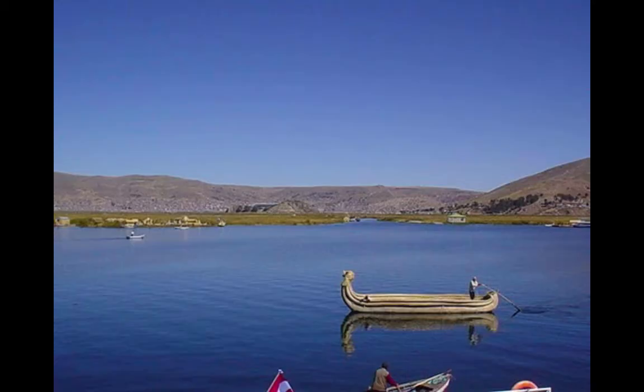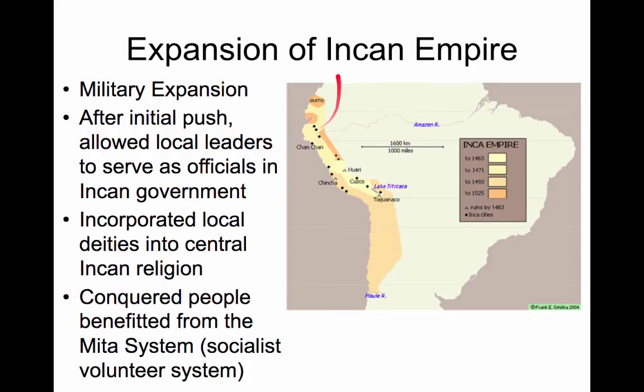So one of my favorite stories, just to tell you quickly, about when the Inca began to first expand, is the story of the Uros people. So the Uros people, if I go back to this map, lived on this huge lake in the Andes Mountains called Lake Titicaca. There are islands on the lake, but they lived right on the edge of the lake. And when the Inca came for them, this is when the Inca were still being pretty aggressive, the Uros people did not have a military, really. And so they knew they would just get beat up if they waited for the Inca to come.